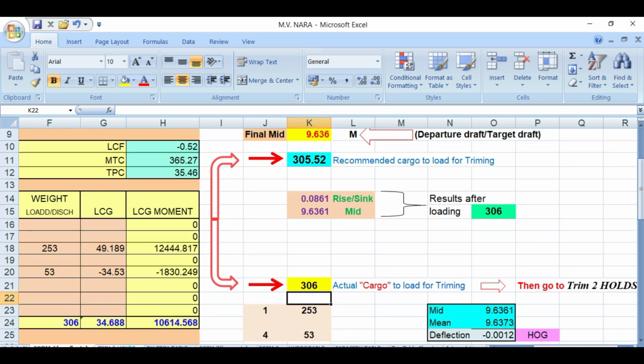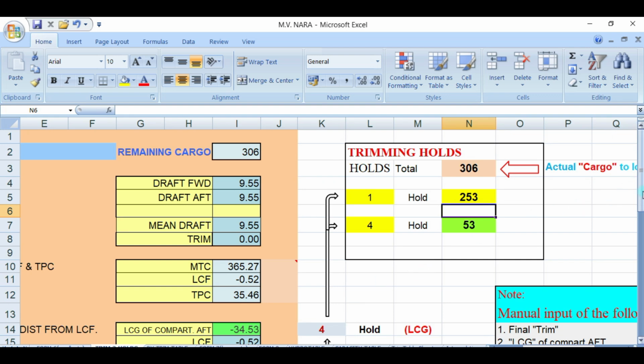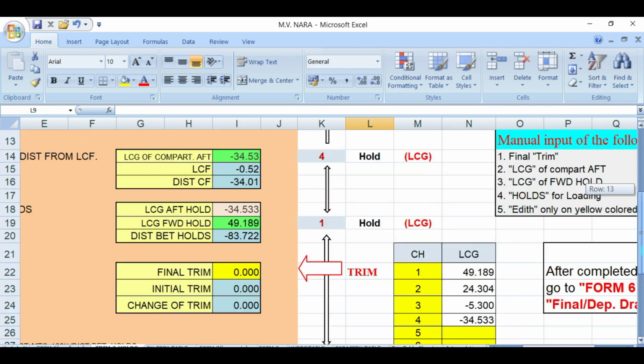Okay, I go to hold 2, and then you get here 306. So I get here number 1 for hold number 1, and I put hold number 4. Okay, then I would say no trim, just put 0, no trim.